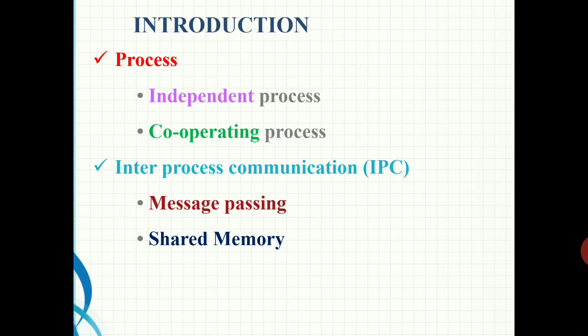The processes can communicate with each other through two methods. The first one is message passing and the second one is shared memory. The message passing and the shared memory models are used for inter-process communication. Then the operating system can implement both of these methods, or it can use either shared memory or message passing in the case of design. First, we will discuss the first method, that is message passing. Then we will discuss the shared memory method.